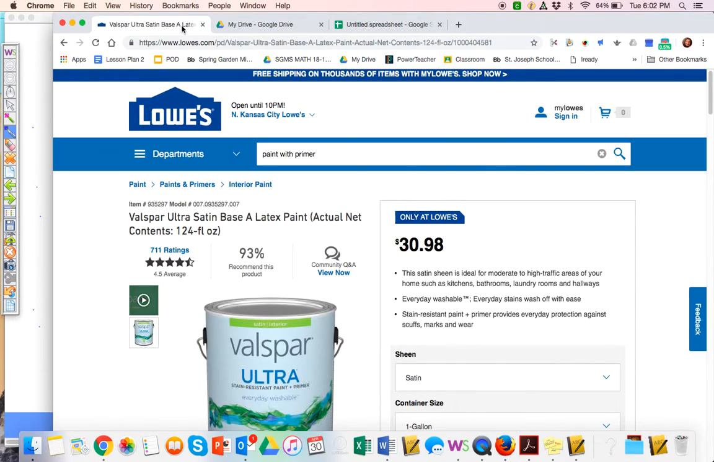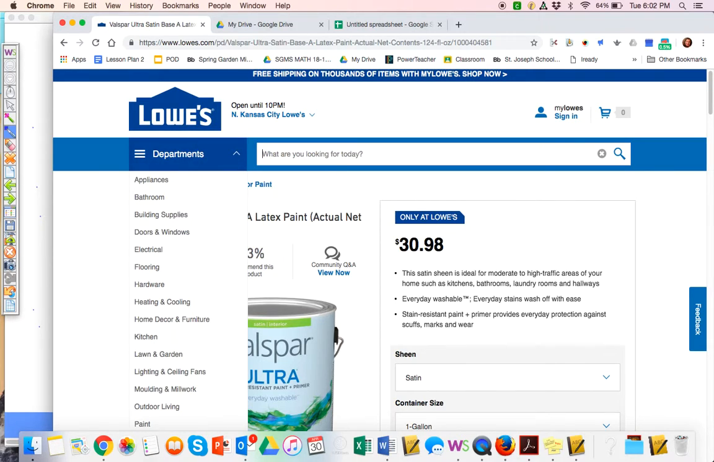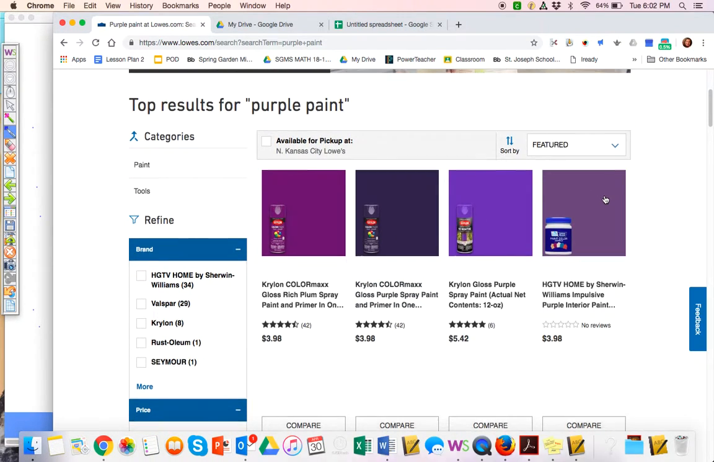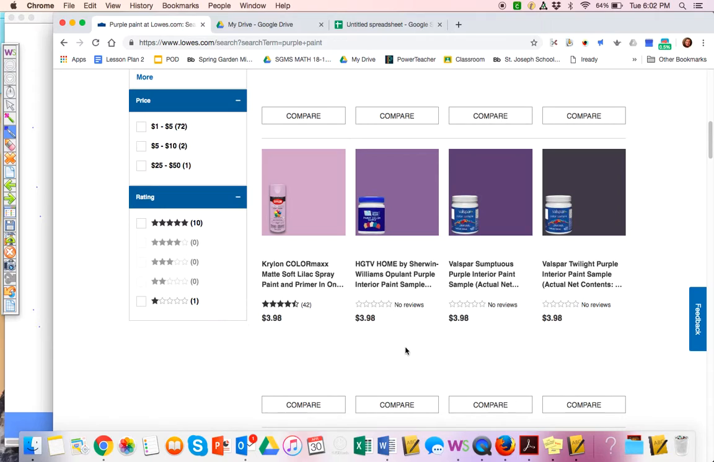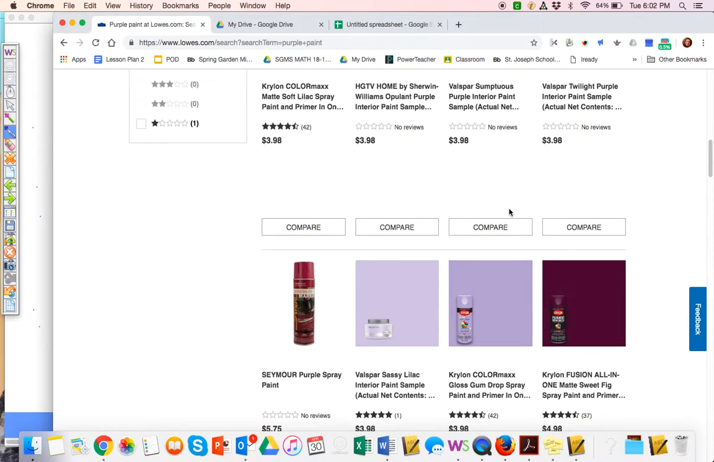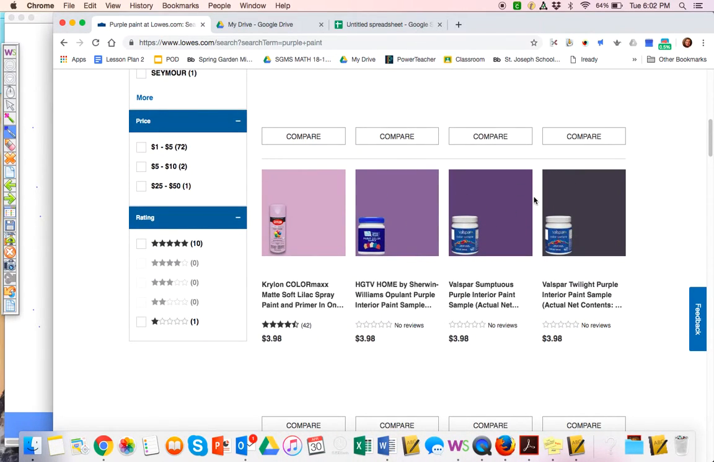So then to figure out the color that you want, just type up here. So if I want purple paint, I'm going to type in purple paint and search that. So now it's going to give me all of the different shades of purple that I can choose. We do not need to worry about this $3.98 price because that's just for a small sample. We just have to figure out what color of purple you want, and you are going to take a screenshot of just that color and put it in your slideshow. All right, so that is how you